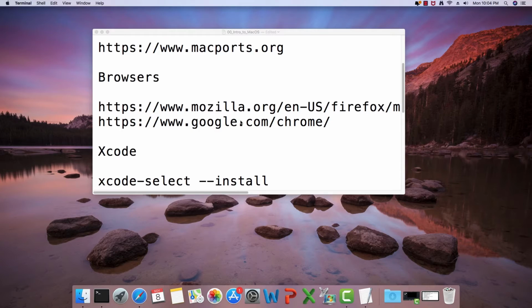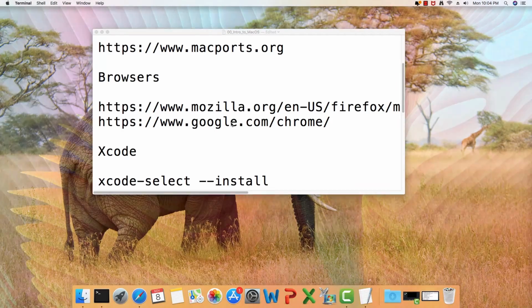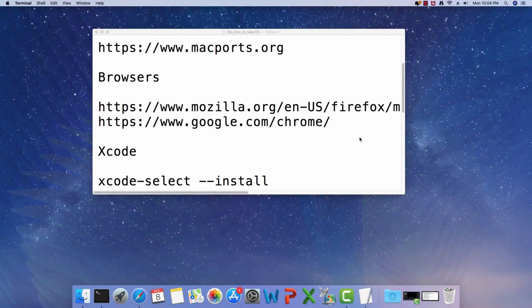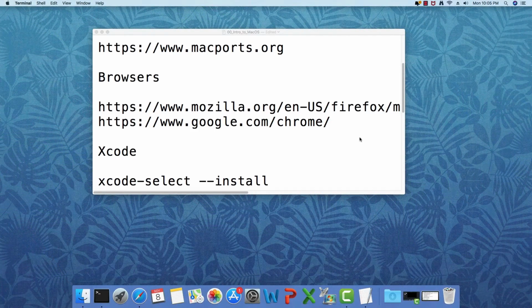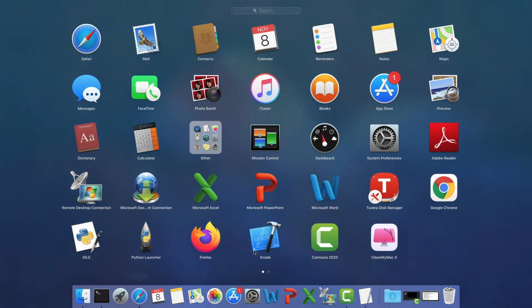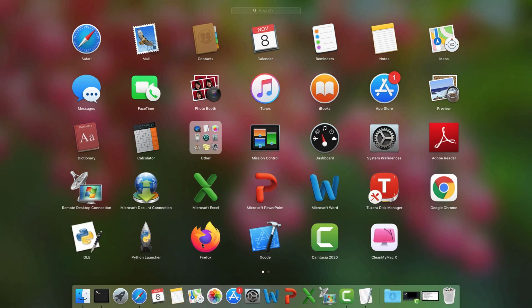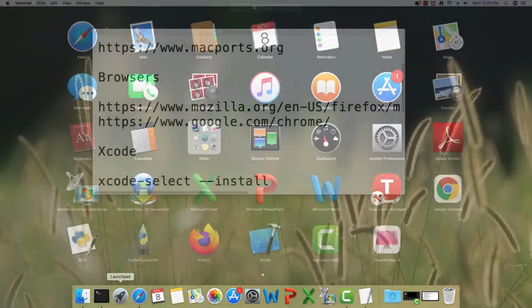Now we can also install various browsers. We can use the Mozilla browser, or we can even install the Chrome browser from Google. These are two URLs that will take you to the download and installation page, and you will be able to download the Apple disk image file and install both browsers. I have already installed both browsers and you can find them here in the Launchpad. Here we have Google Chrome and here we have Firefox. Depending on the application, you can choose any of the three browsers that you have now. We already have the Safari browser that is built in with macOS.